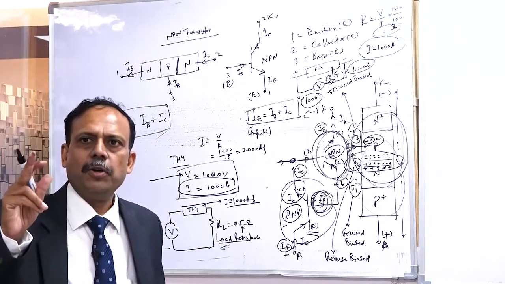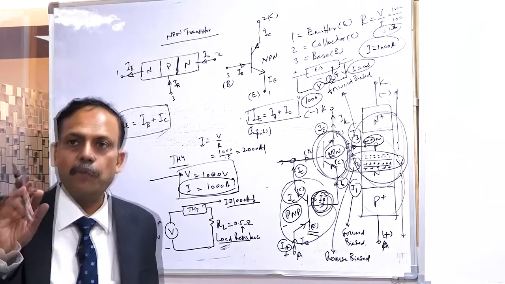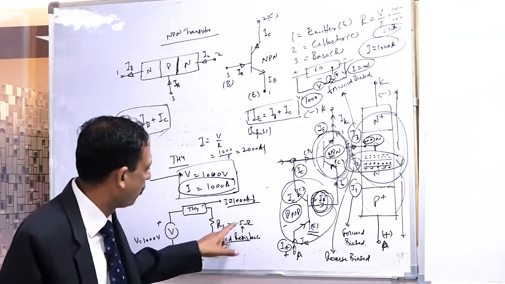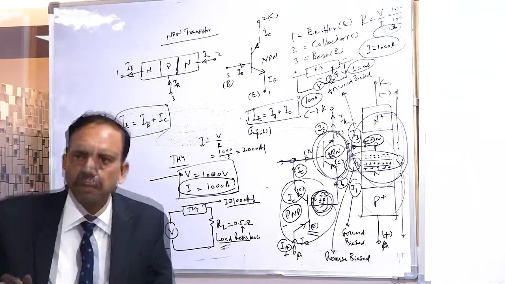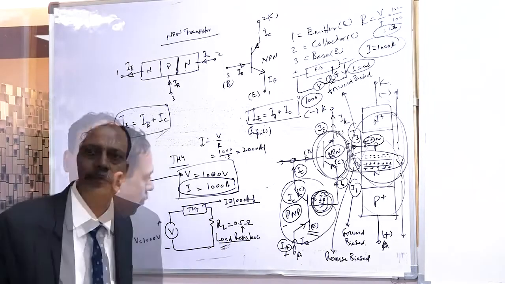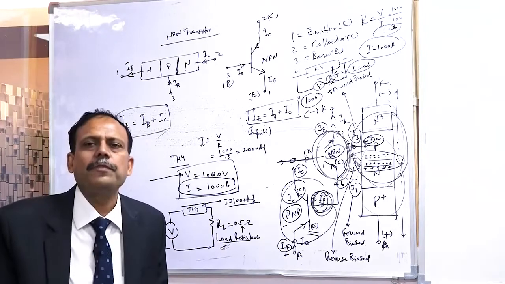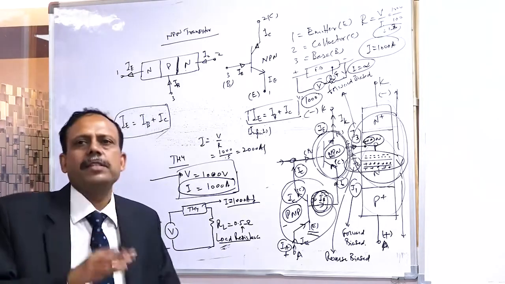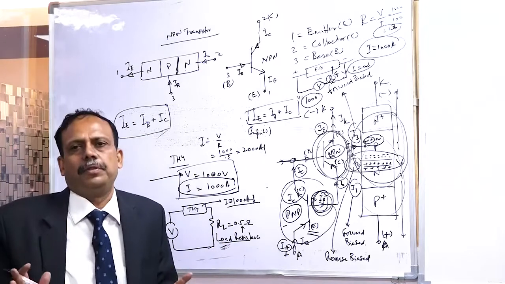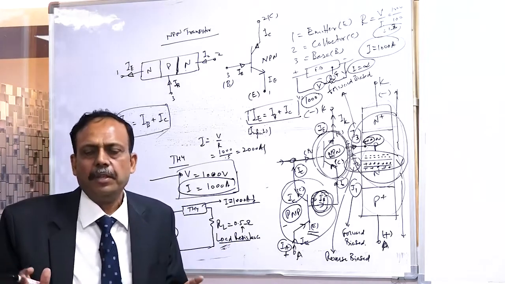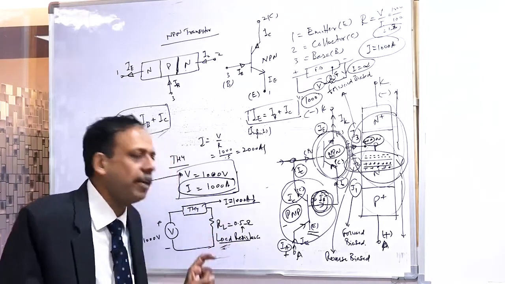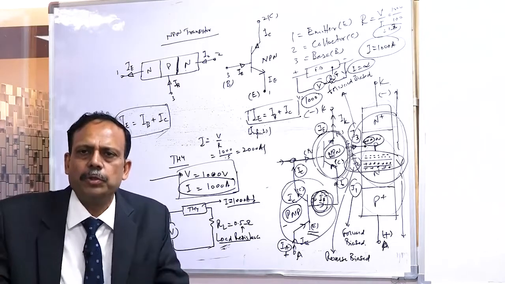Yes. So increase the resistance to 1. No. What should be the change? Already the load is 0.5 ohm. This is the load resistance. No, sir, that is okay. What do we have to do? This is the load resistance, 0.5. The total resistance in the circuit should be 1 ohm to restrict it to 1000 amperes. But the 0.5 ohm is already there in the load resistance. What do we have to do?